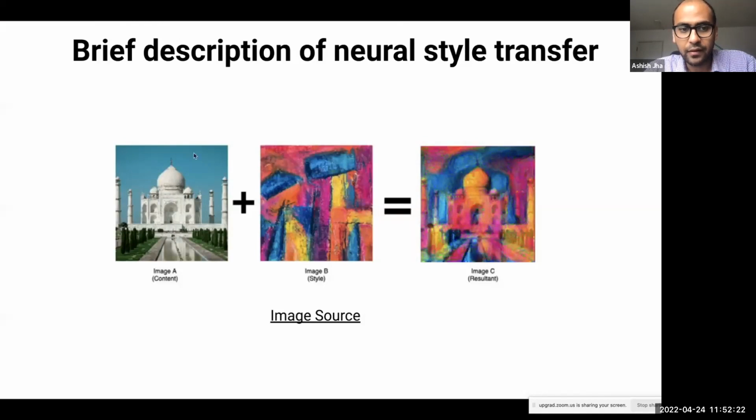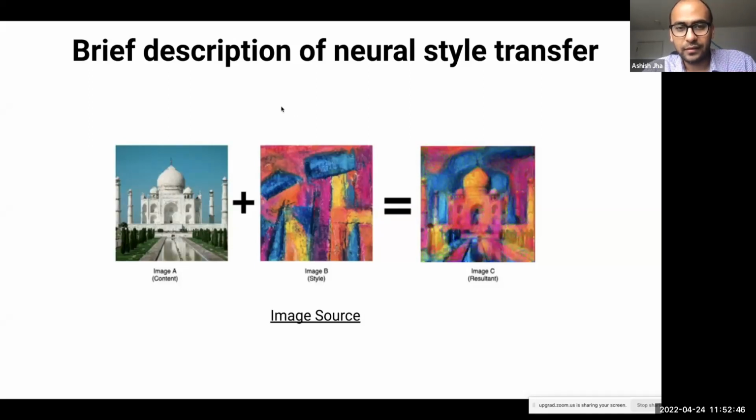One image, which we call the content image, is going to have the actual content, as the name says. So I have taken the example of an image of our great Taj Mahal. The second image is the style image. Style, because this is more like an artistic painting, like one of those Picassos, modern art paintings kind of thing.